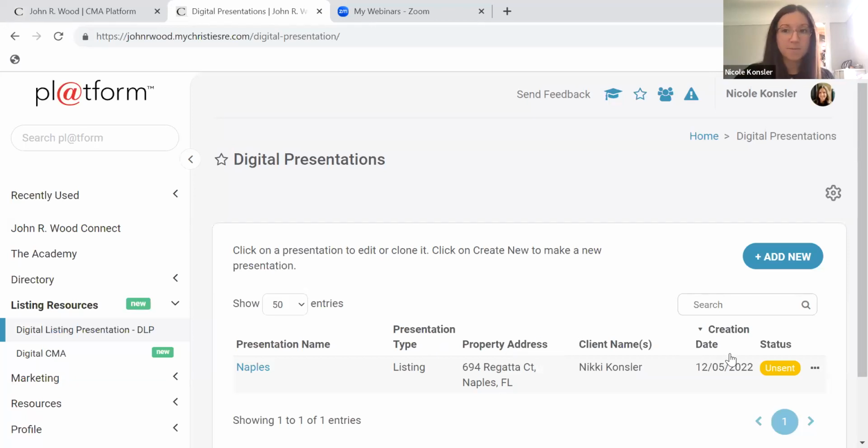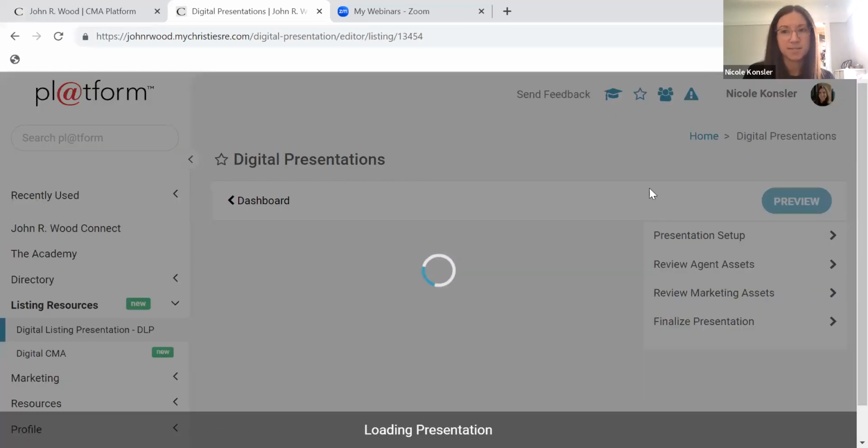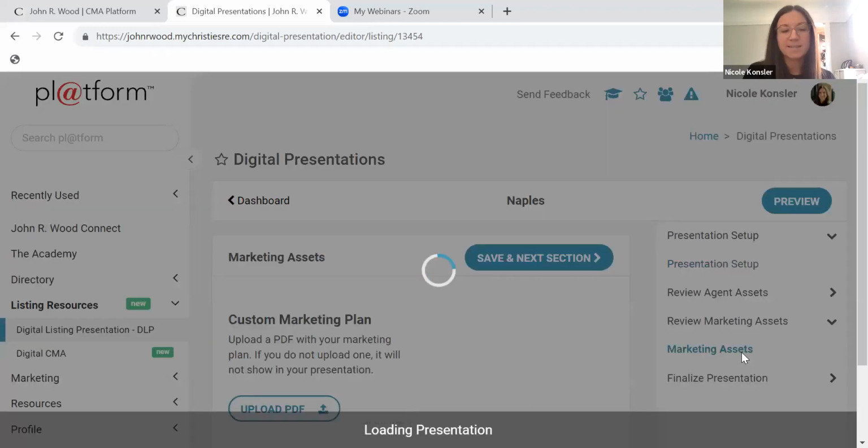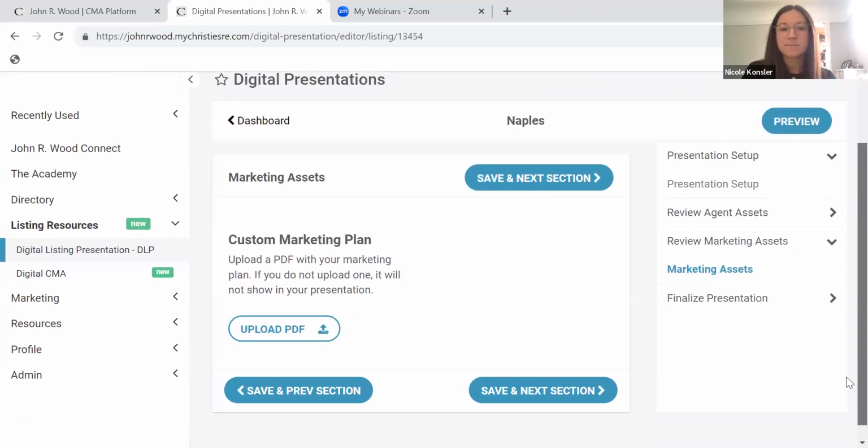If you are familiar with the home and you're confident that you can create a CMA with a couple of comps for that specific seller, when you are in your digital listing presentation, under the marketing assets section, later today, you will be able to see in this marketing assets section, there will be an option here to add a digital CMA. So we're going to turn that on for you today as well, but I just wanted to point that out. In this marketing assets section,